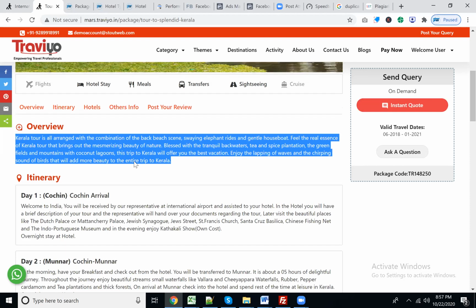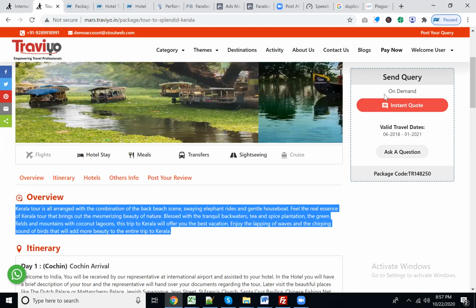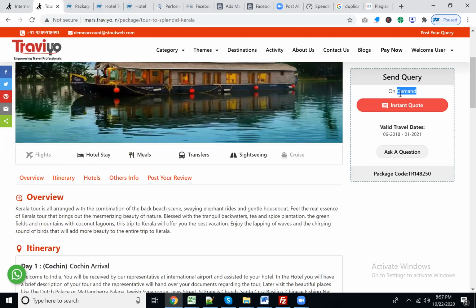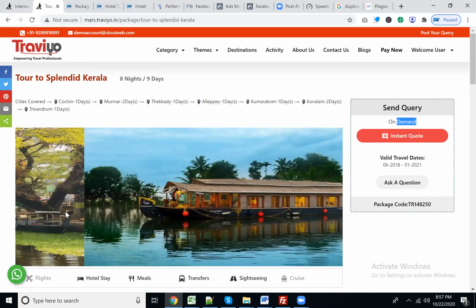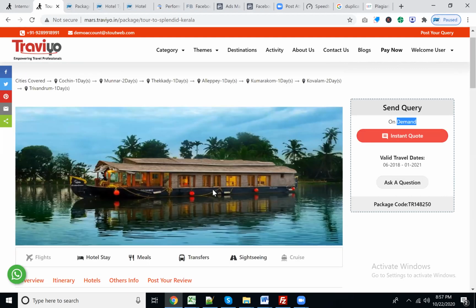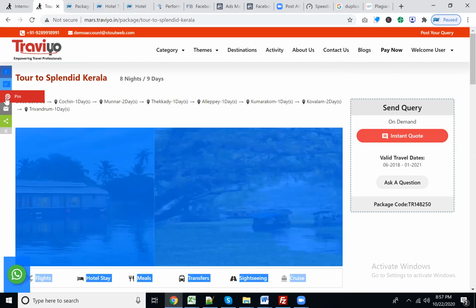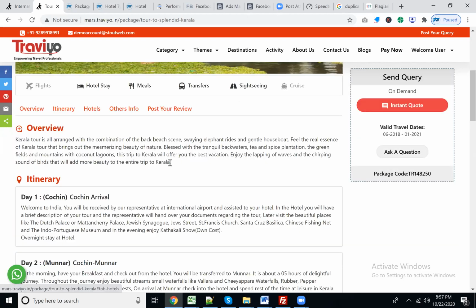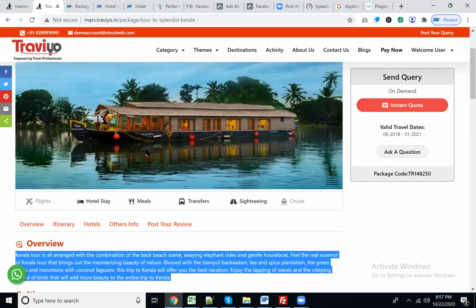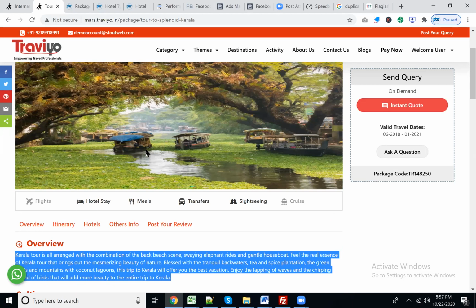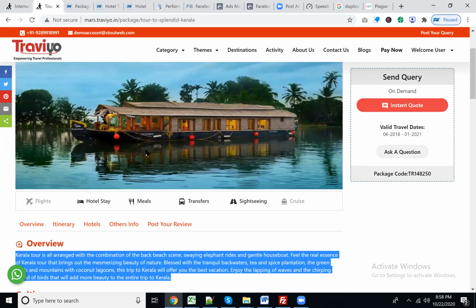Your user only sees two or three things here: the price, the different images you are displaying, where they are visiting, and the basic content here, the overview section. Just as the user visits your website, Google also visits your website and looks into all those things. If the things are good, then Google is going to give you priority so that you can appear on Google. That's it. This is a very simple rule.